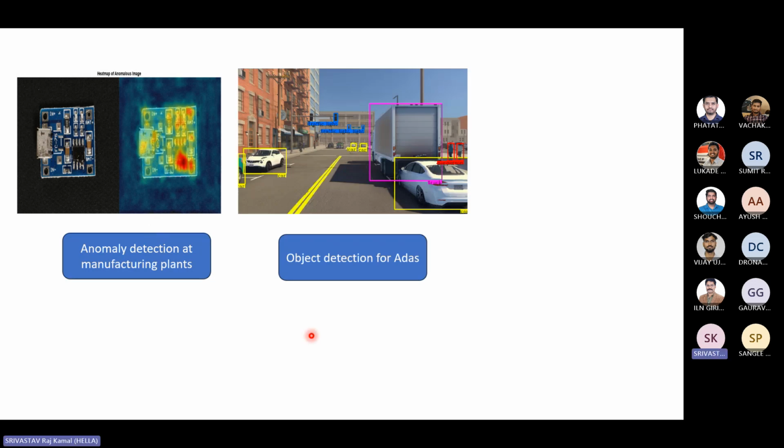ADAS is trying to bring most of the cars you have seen, the steering getting adjusted. The cars are able to detect. How are they doing that? This is one kind of machine learning algorithm, object detection. With object detection, you are able to detect the object. Now there's something known as object localization, which says where the object is. This is where the machine learning is.